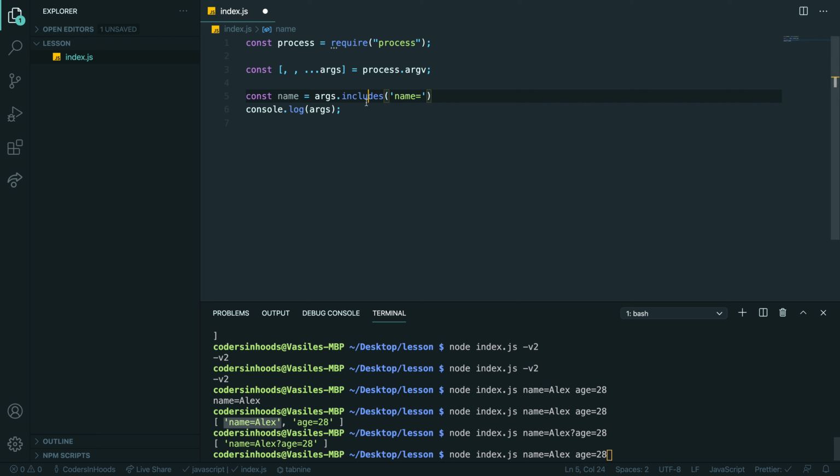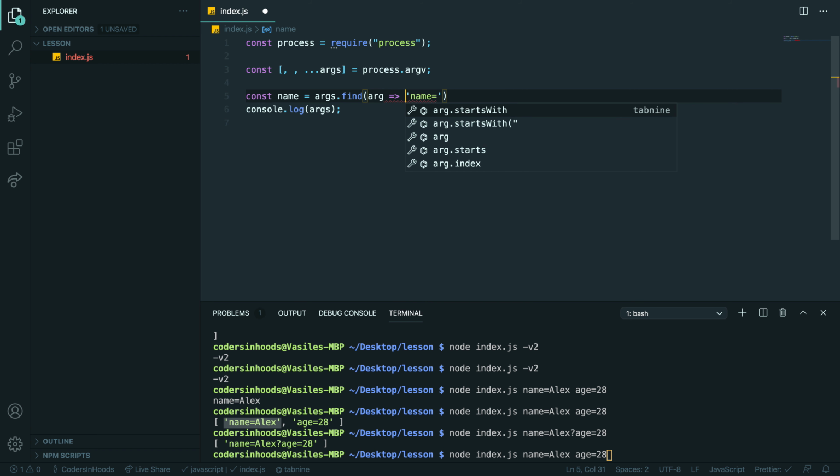Sorry, so we are checking, do we have names in the args? Yeah, so theoretically, that will return just, wait a sec, fine. Maybe we want to actually look for something. I'm just thinking what is the best way to get Alex. We can actually do something like find potentially